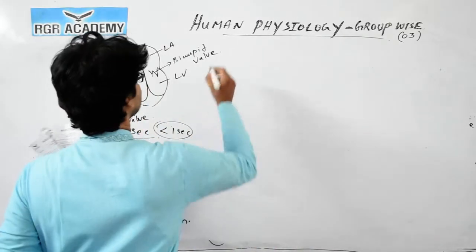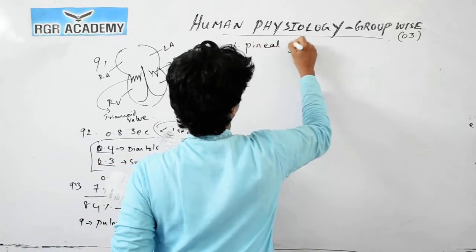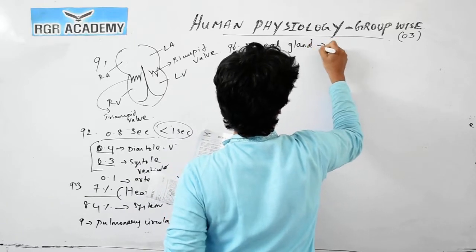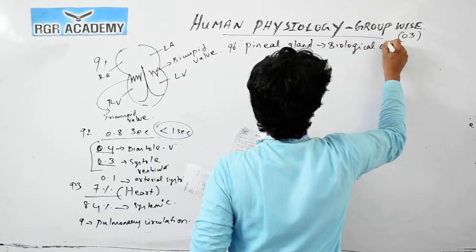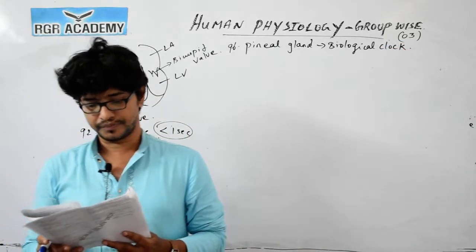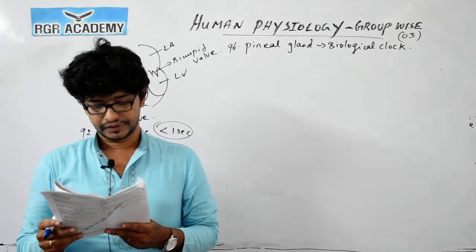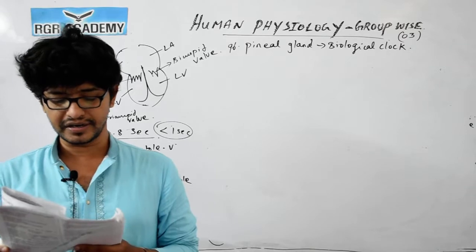So 96, the pineal gland is also called the biological clock. Okay, so next question: which of the following hormones produces anti-inflammatory reactions in man and suppresses the immune